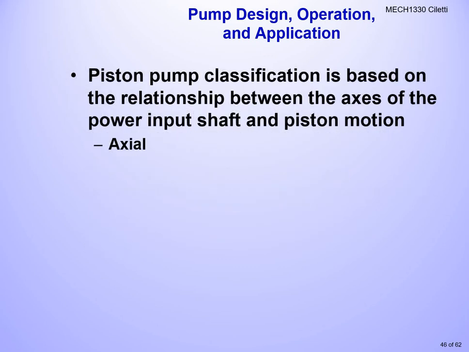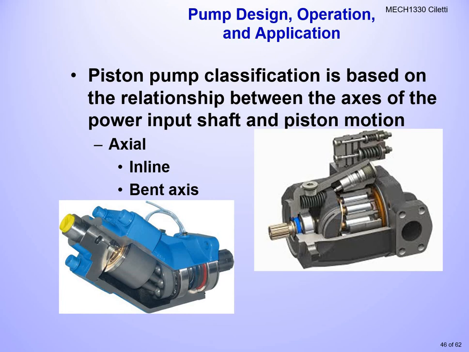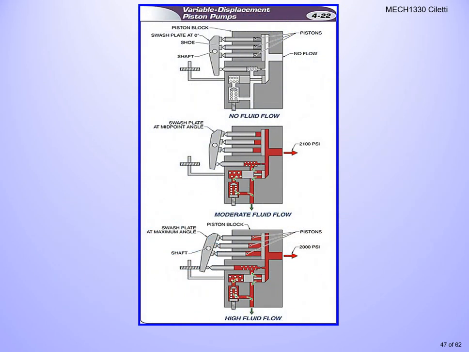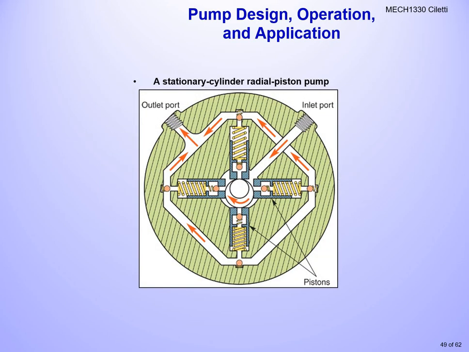And we've talked about this one already a little bit here. But if we talk about axial or inline pistons, as they extend and retract, or if we have what we call a bent axis. So you can kind of see at the bottom as the pistons extend and retract, using the swash plate or things like that as it goes through. But if we take a look here as it rotates around, you can see how that swash plate rotates and moves in and out. I tried to show you this before on one as well, how it makes everything pump in and out as it goes around. Okay? So remember they're radial, so I'm